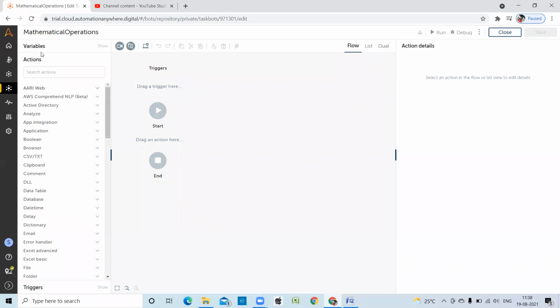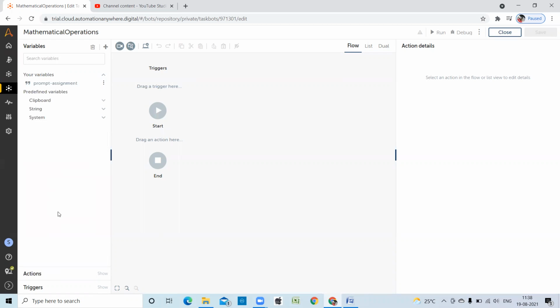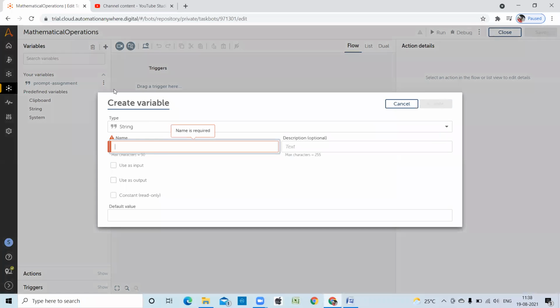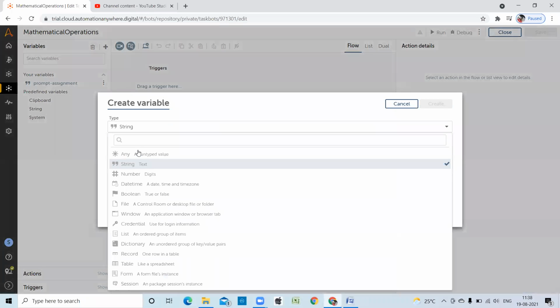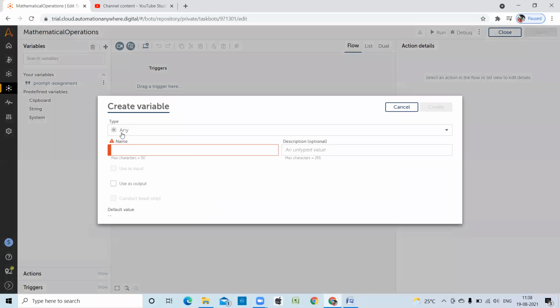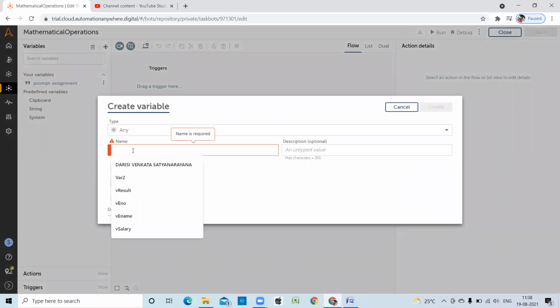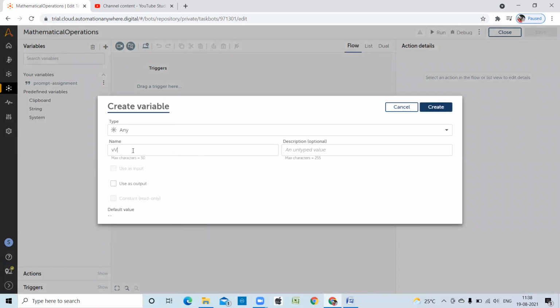Before that, I'm going to the variable section. I'm creating two variables. Select the plus symbol, create variable. I'm just giving any, which means it will accept any data type. Read value 1.